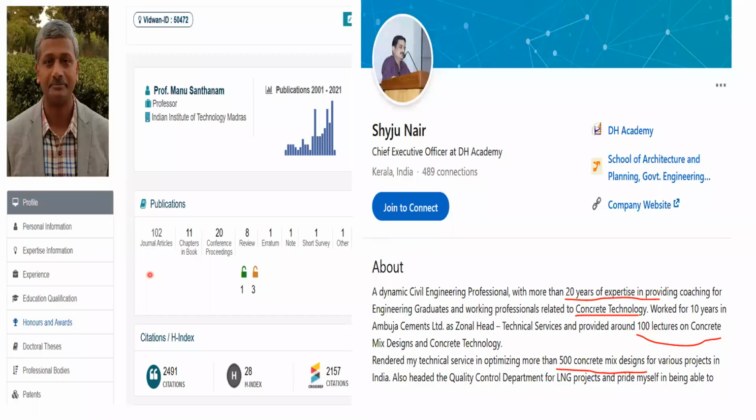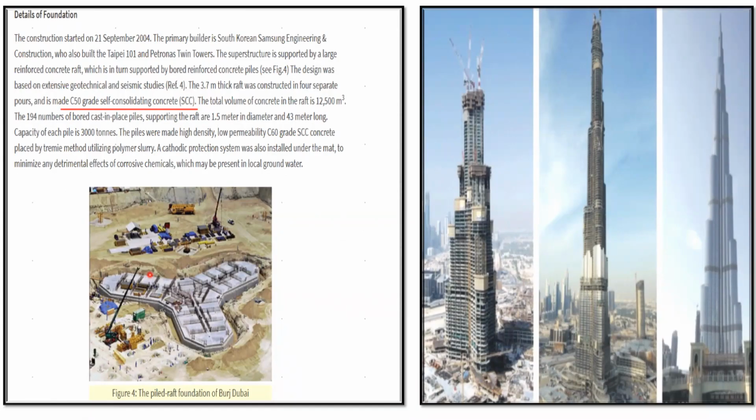Now, who does all these things? There are many people who are beyond all this, because when you want to prepare M40, M50 grade of concrete, you cannot simply call a contractor and tell him to prepare it. That will not happen. You need a concrete technologist who has a lot of experience in preparing a mix proportion, and they do a lot of trials. After the trials, we come to a conclusion for this particular structure: this much amount of cement, fine aggregate, sand, and water I need to put. Only then will that quality be achieved.